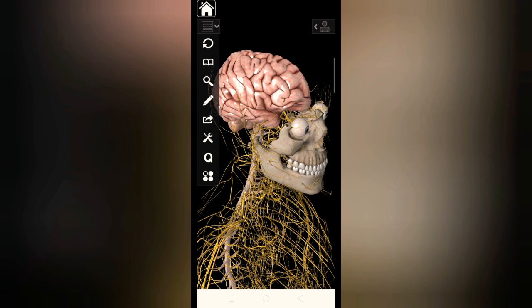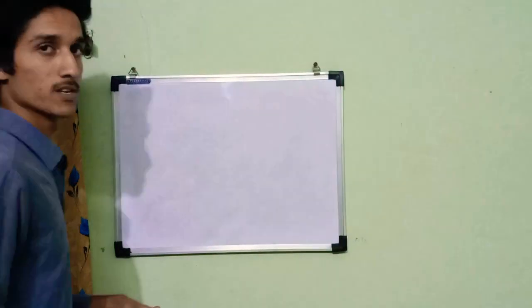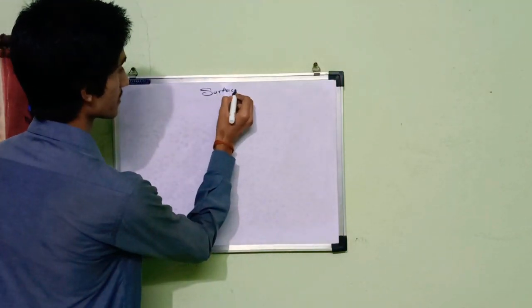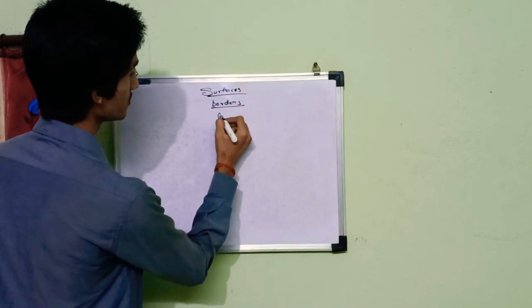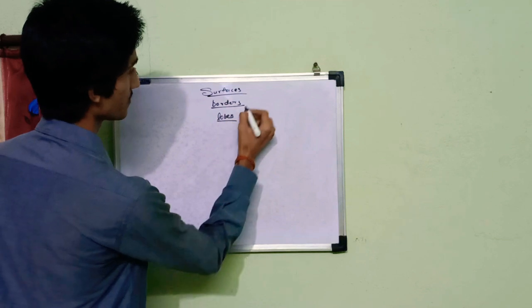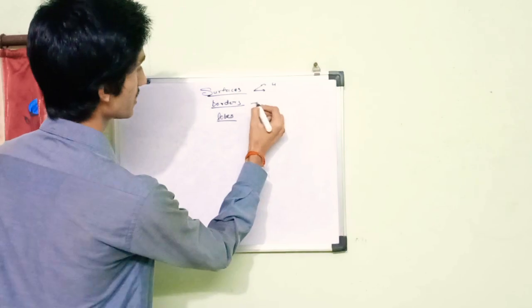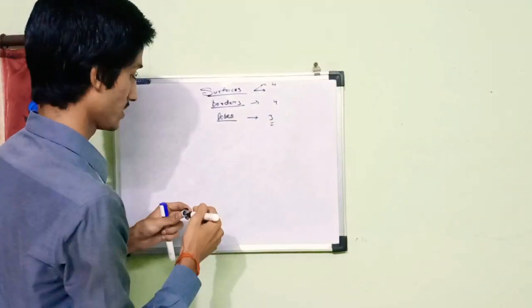I'm continuing with the sulci and gyri, how they are formed and what they actually mean, and how different sulci and gyri divide the cerebrum into different parts. So far we looked at the surfaces, borders and lobes of the cerebrum. We have four major surfaces, four major borders, and three major lobes.